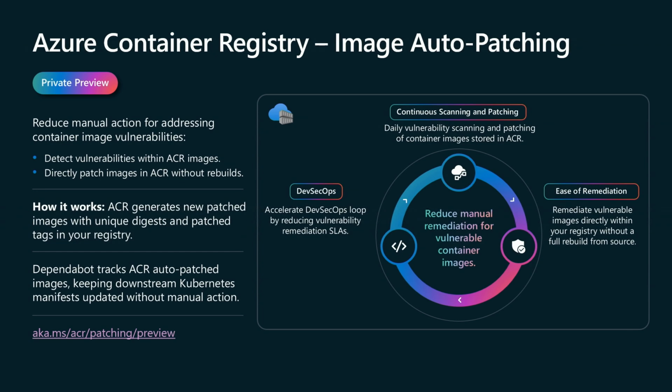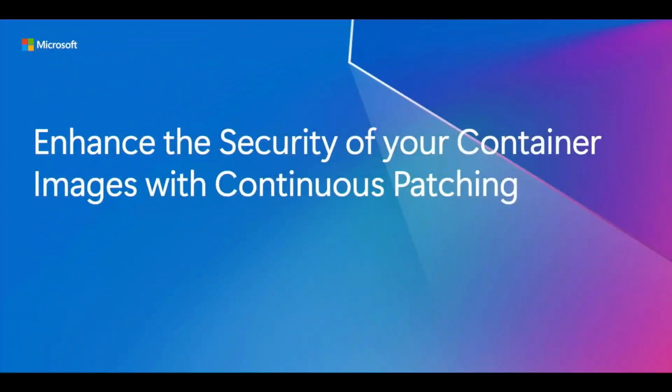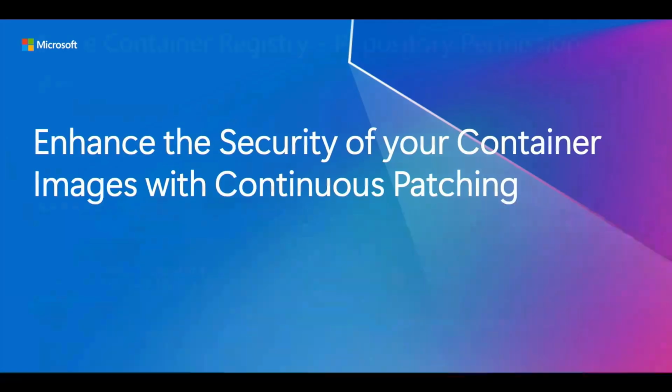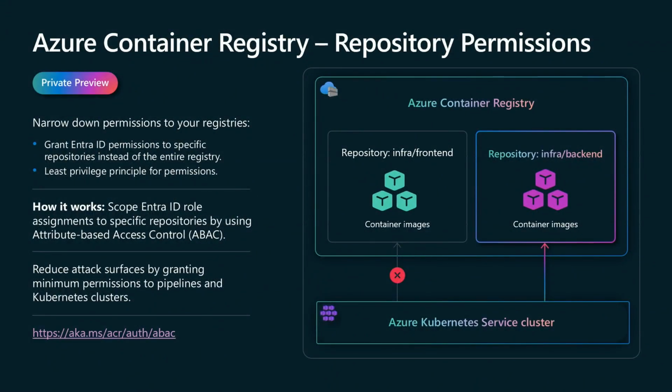So once a week, or whatever interval you want, we will recheck the image when new vulnerabilities are discovered, and we will re-add a new patch with a new version. And so you automatically have an image with patches applied, but you have the ability to modify the Kubernetes YAML to deploy the new image on your cadence. And we will, in fact, send you a Dependabot alert. We've taught Dependabot enough that it will actually send you a PR. I'm going to skip through that, just in the interest of time.